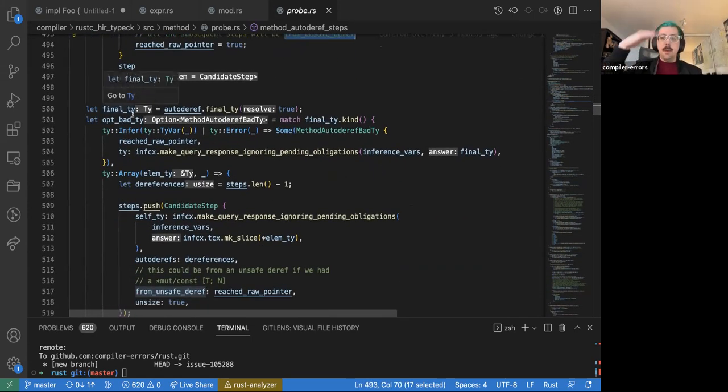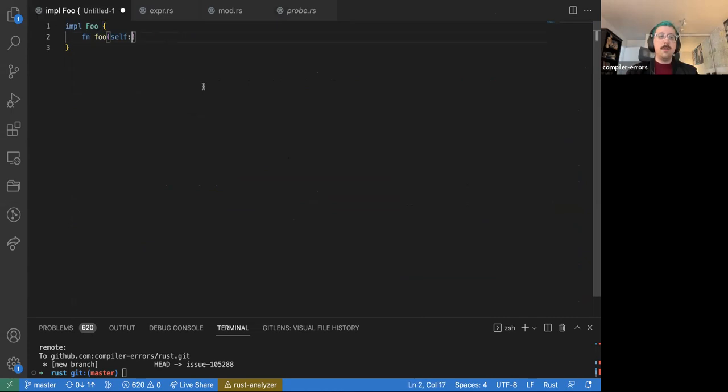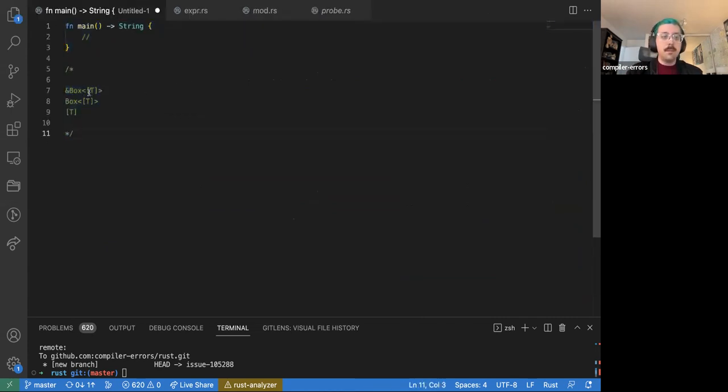And then we get to the bottom of the auto deref chain, and we do one more special auto deref step where, if we have an array type, we actually unsize it into a slice type of the same type. So if we go back to my example of this auto deref ladder, if I change this slightly, if we just consider the auto deref steps, it would look like this. We actually also consider the slice T as the final step in the method probe if we are still looking for methods. And this is to allow things like us calling